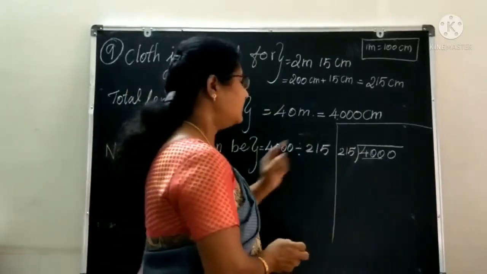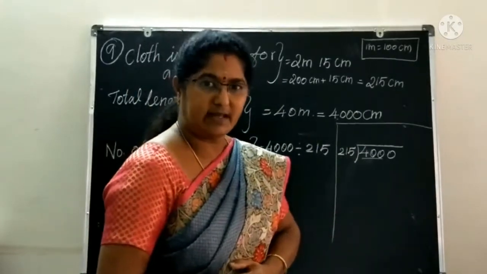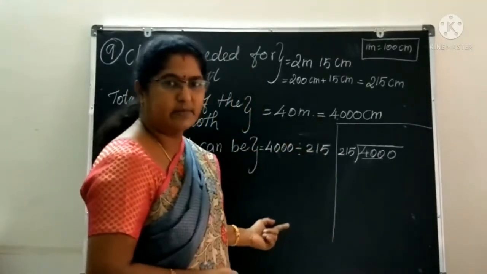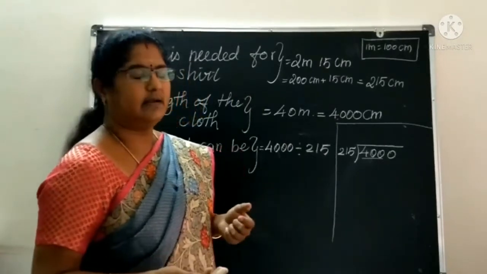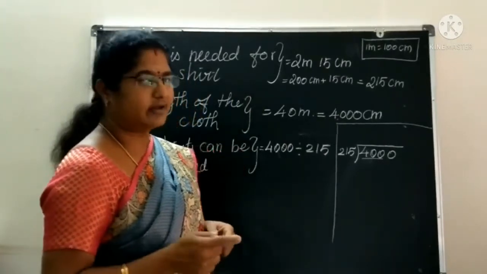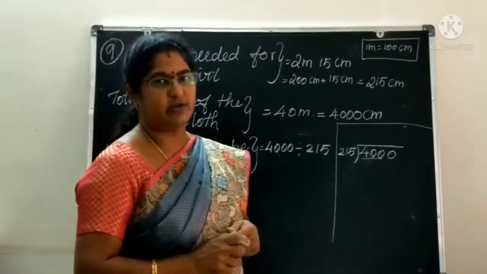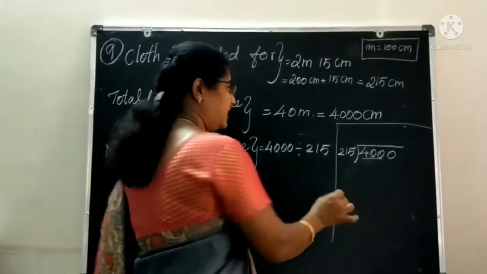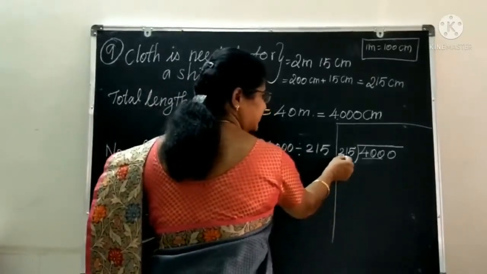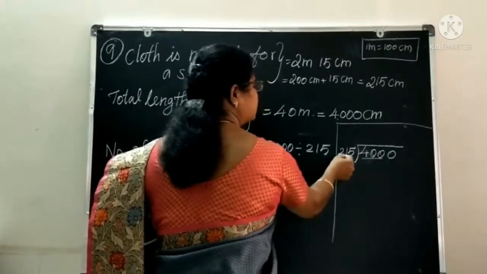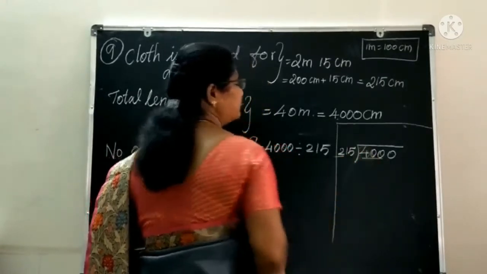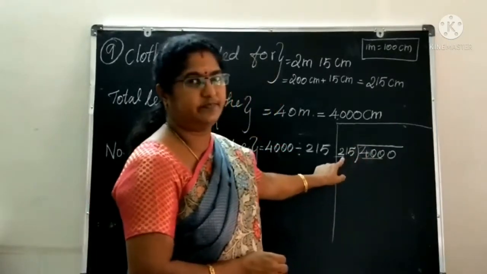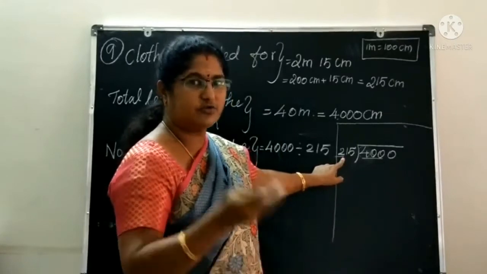For this, can you say the 215th table? Or you can write 215 times 1, times 2, times 3, times 4. That's not necessary, it takes too much time. For that, we can go to the approximate value, the easiest way to find the correct answer. We compare the first digit here, this left digit 2, and likewise the 4. In 4, how many 2's? 2 2's are 4. 2 times is possible.